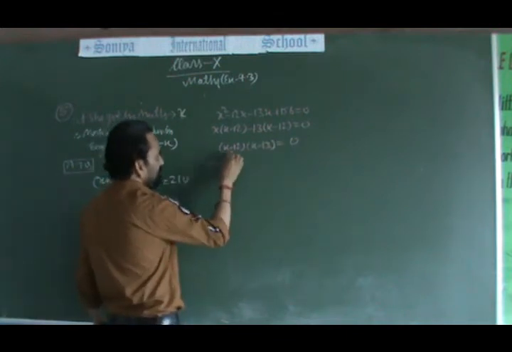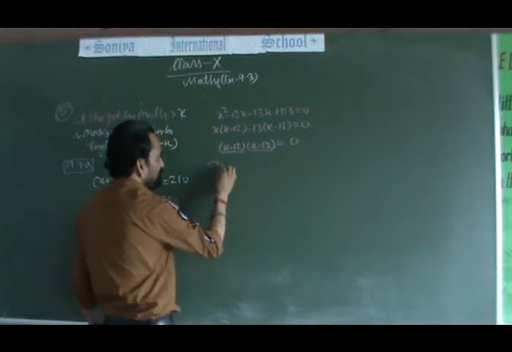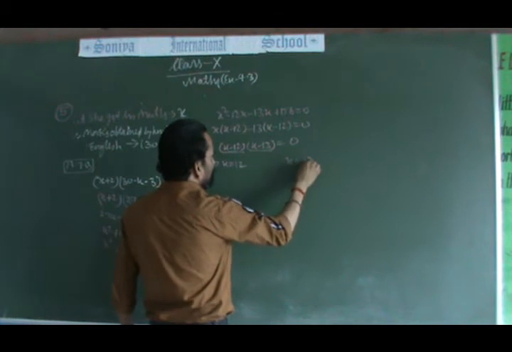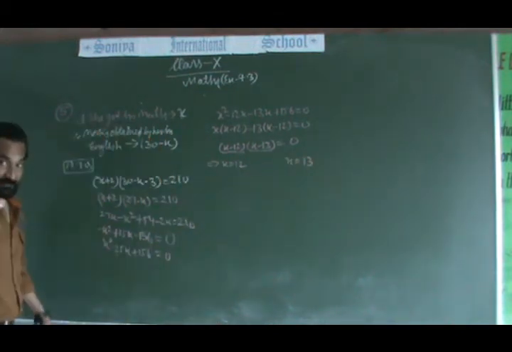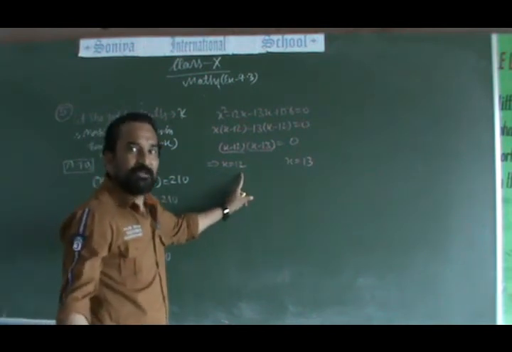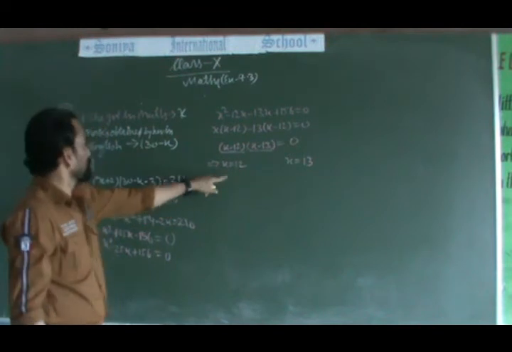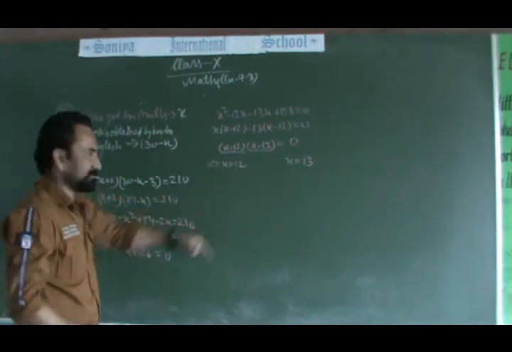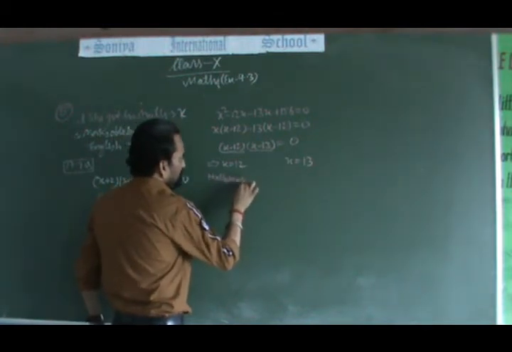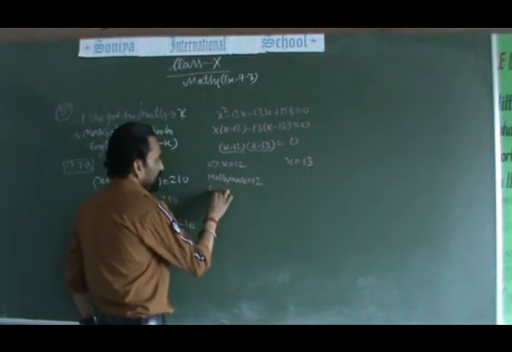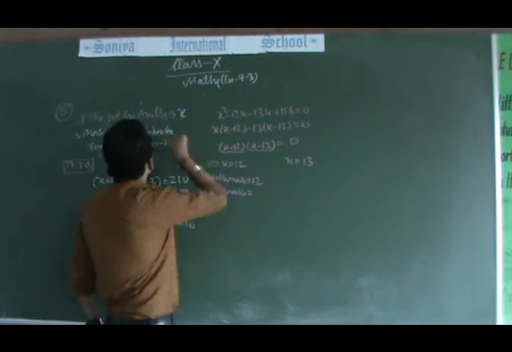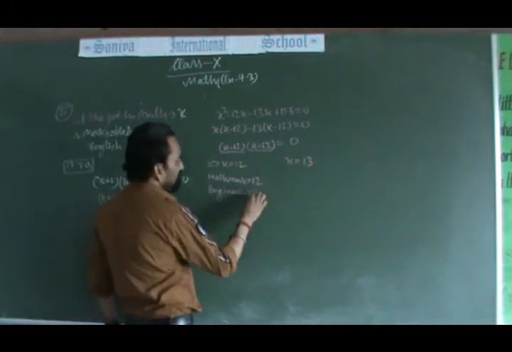This implies that when we take this 0, x equals 12 here. And here you will get x equals 13. What is x? Here we get 2 answers. What is x? Marks of Falak in mathematics. How many marks did Falak get in mathematics? x, 12. So maths mark is equal to 12. If she got 12 in maths, then how many marks did she get in English? 30 minus x, 30 minus 12, 18.